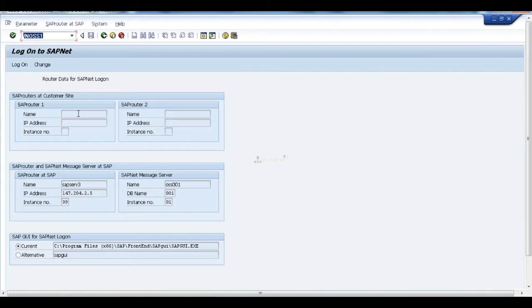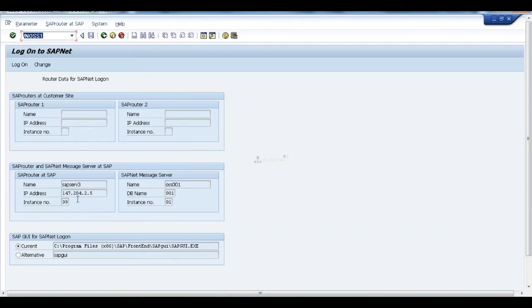So come to OSS, here I need to provide my SAP router details, and here I need to provide SAP's SAP router details. SAP has already provided them, right? Provided. Their SAP router details like SAP serve 1, 2, 3, 4 like that. So this is my SAP side SAP router details.